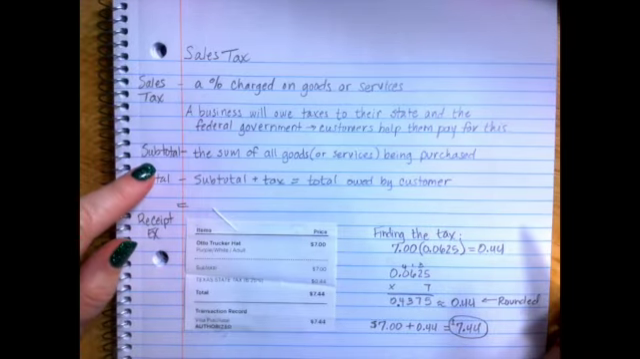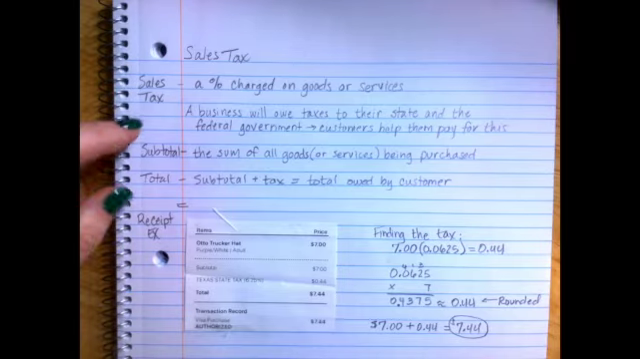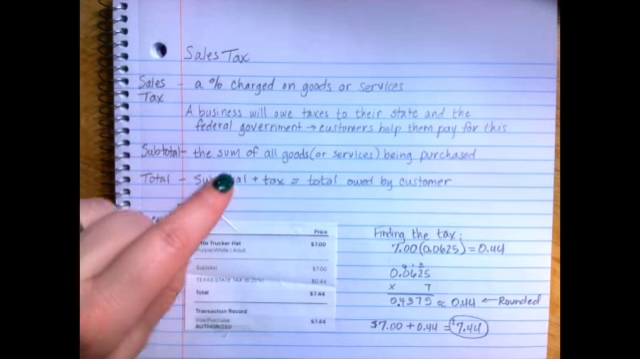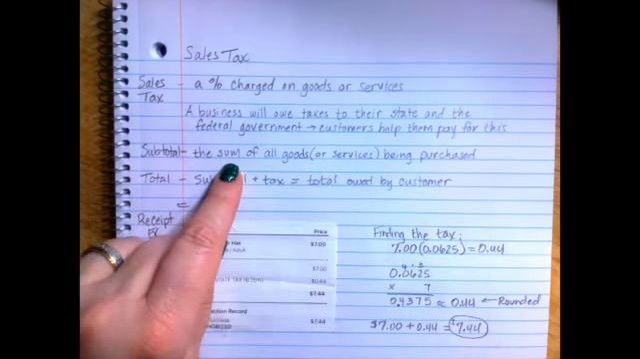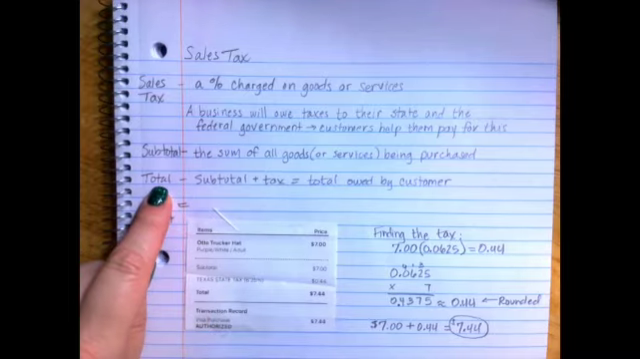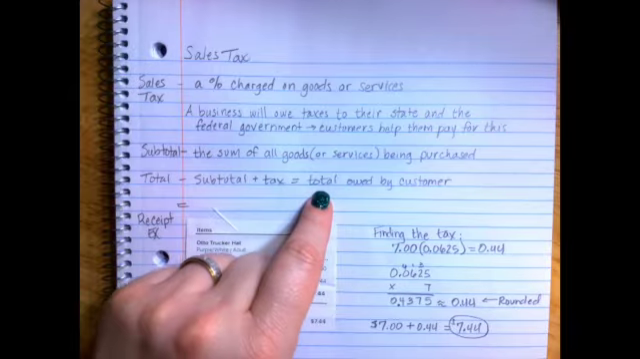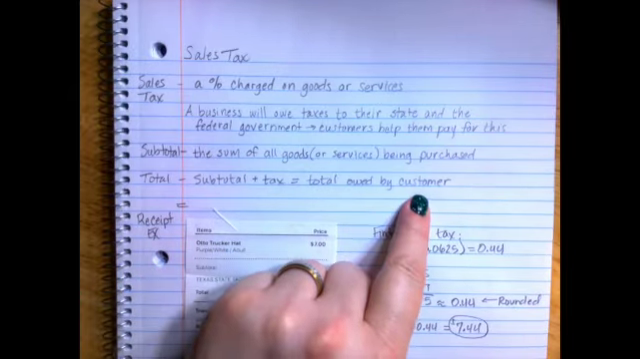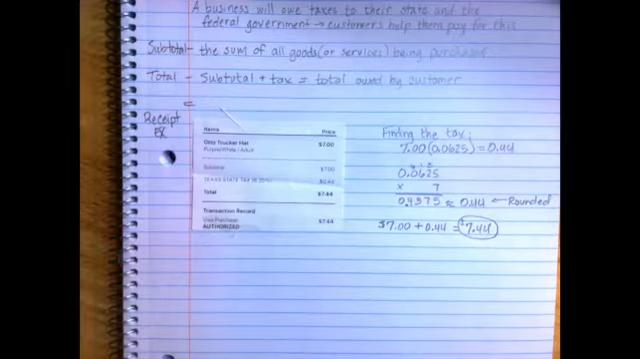Now, subtotal. There are two parts here to figuring out sales tax. First, there's the tax, right? But you have a subtotal, which is the sum of all goods or services being purchased. So they're going to add everything together, and then you'll have a total. They take the subtotal plus the tax that you owe to get the total amount that you owe the customer. So, for example, on a receipt,